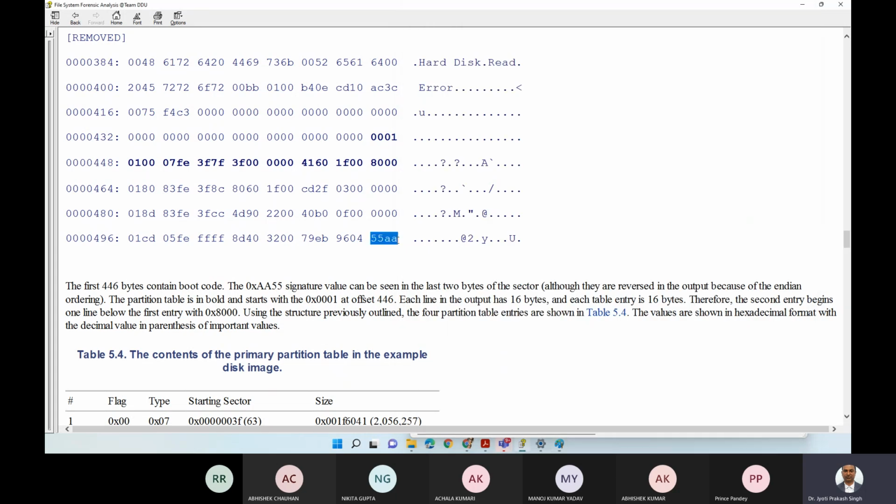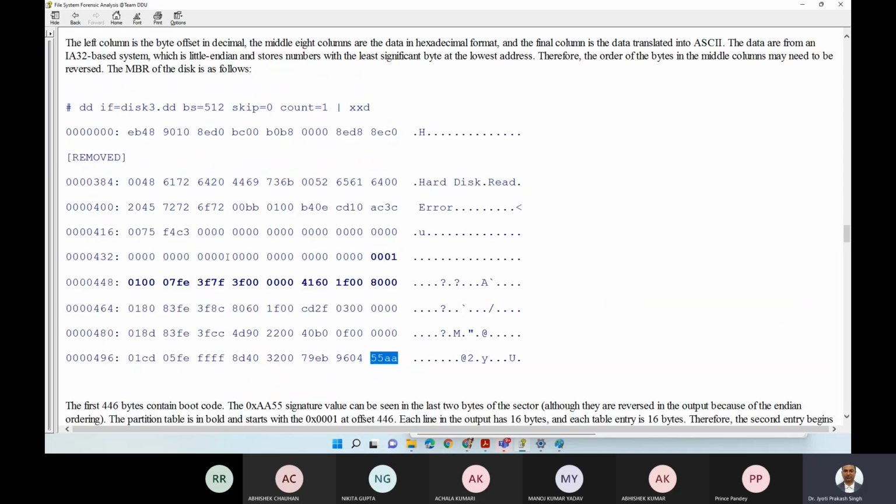और इसका लास्ट बाइट देखो 510 और 511, एक काउंट करोगे यहाँ से तो 500, 1, 2, 3, 4, 5, 6, 7, 8, 9, 10, 11। तो 510 और 511 क्या है देखो, 55 और AA। सो 55 और AA एक साथ इस पूरे को पढ़ोगे तो इंडियननेस के कारण एंट्री उल्टा है। सो 55 AA बेसिकली ये लिखा हुआ है AA 55। सो सिंस इट इज AA 55, सो दैट डेजिग्नेट्स कि ये एक फैट फाइल सिस्टम का पहला पार्टीशन है, मतलब यहाँ से एक पार्टीशन शुरू हो रहा है, ये पहला सेक्टर है किसी एक पार्टीशन का।